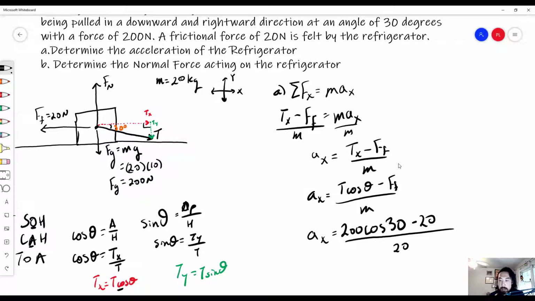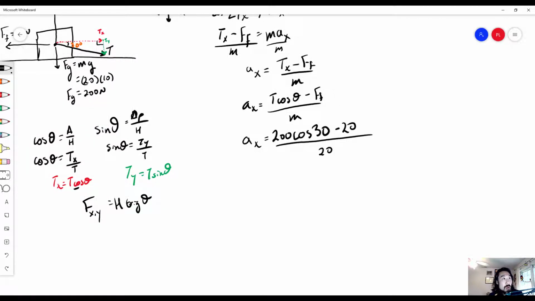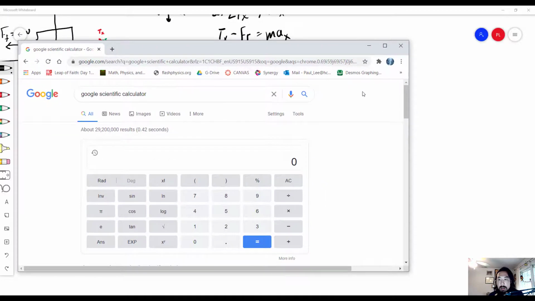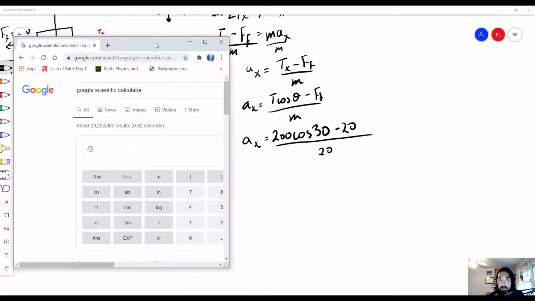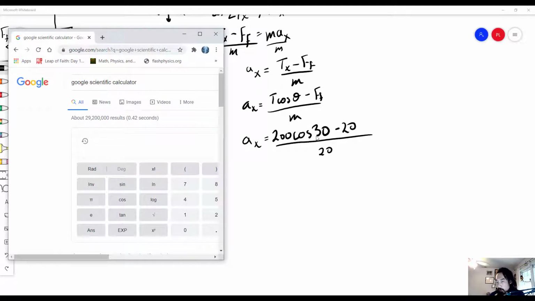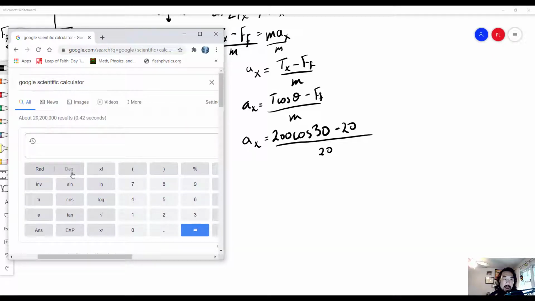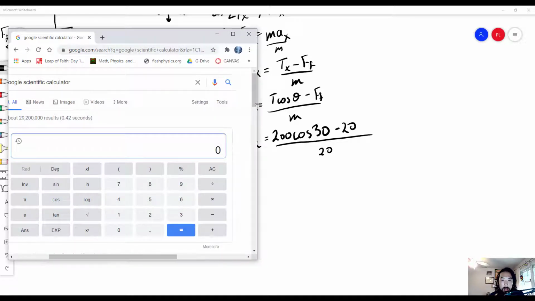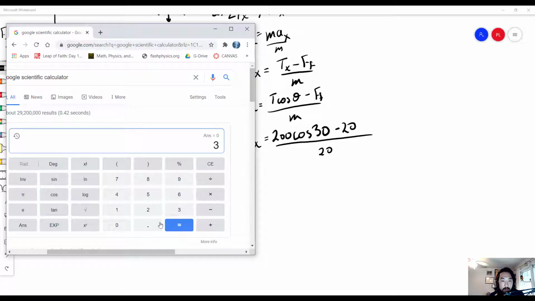Okay, so if I were to plug that into the calculator, let me show you what I like to do. I like to do this step by step. So here's my calculator, and the reason why I like to do it step by step is that way I know I'm not going to make mistakes. I'm going to do the trig function first. So first I want to make sure I'm in degree mode. If you use Google, it automatically goes to radian mode, but we don't want that. So I'm going to go to degree mode, and we're going to do the cosine of 30. Okay, enter. Times 200. Okay, so we get 173.205, minus 20,